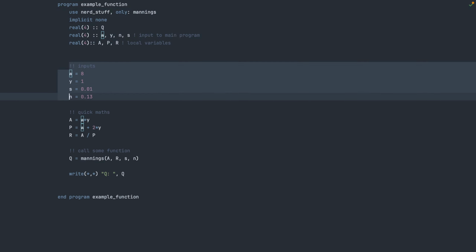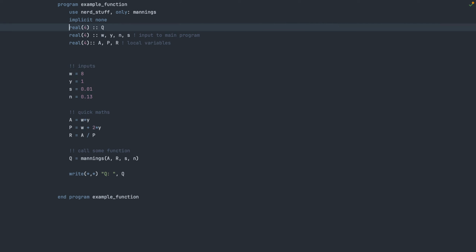variable declaration. These are the inputs, so we're just going to assume for the sake of this program that it's doing standard rectangular flow, so just a normal rectangle: two sides, a bottom, and then another side. That's what the channel looks like. It's literally a rectangle, just to make calculating the area and hydraulic radius nice and easy. Inputs here, I'll just stub them out for now. So we've got a width of 8, height of 1 in meters, slope of 0.01, and this n is just